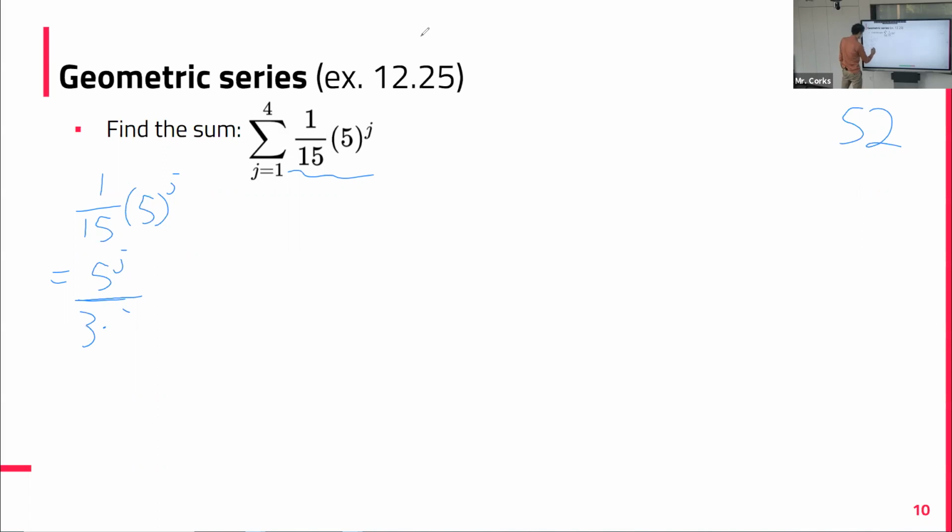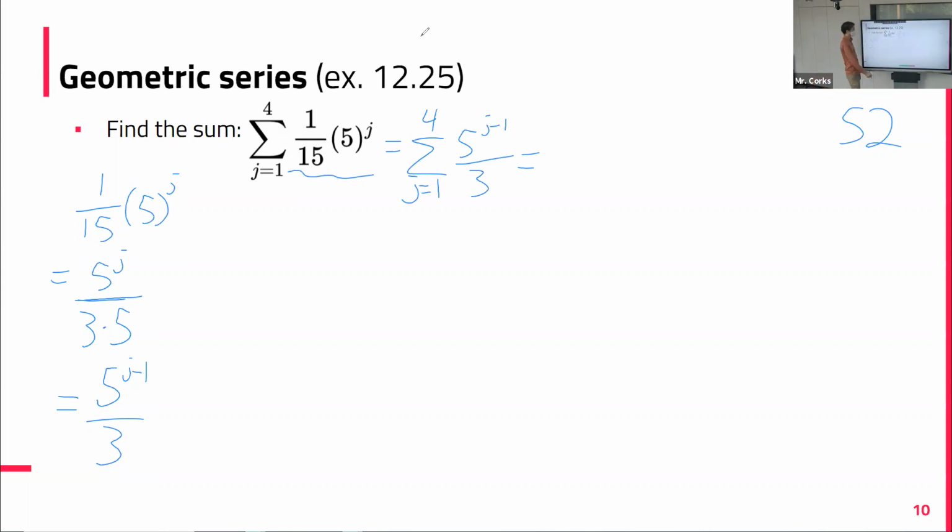So 15 is 3 times 5, right? Then we have our exponent rules, a 5 on the top, 5 on the bottom. So if we simplify this, it will be something over 3. Okay, 5 to the exponent j minus 1, like this. So it's a little simpler, a little nicer than that. Might not be a huge difference, but something. So we could rewrite this like this: 5 to the exponent j minus 1 over 3, and just figure out